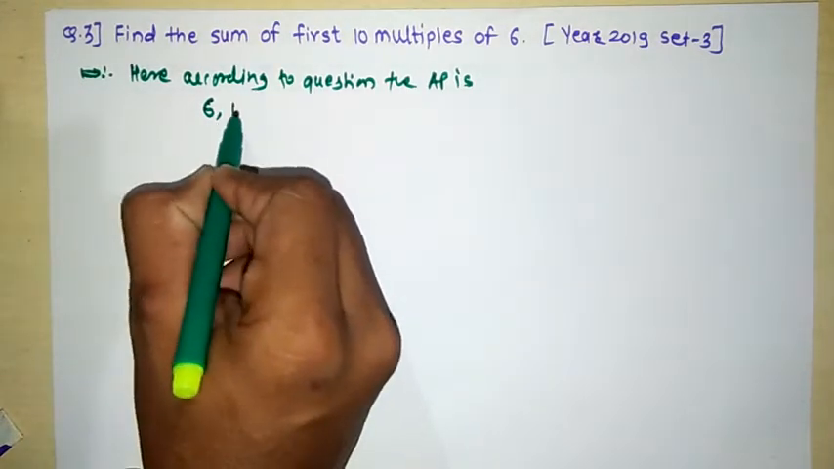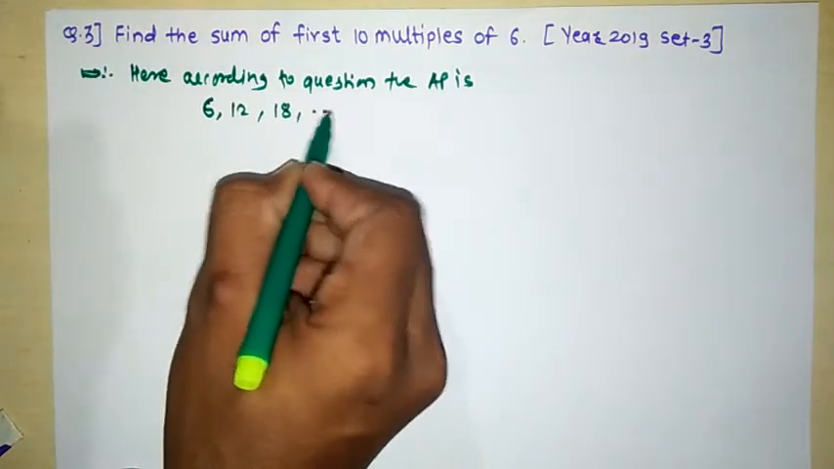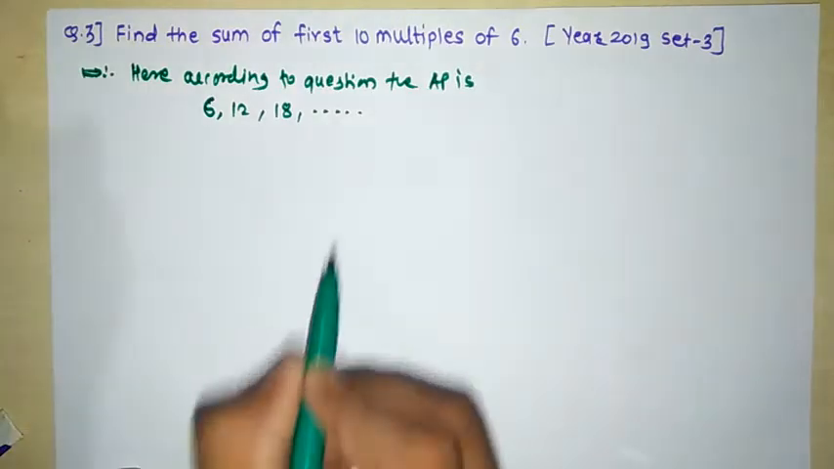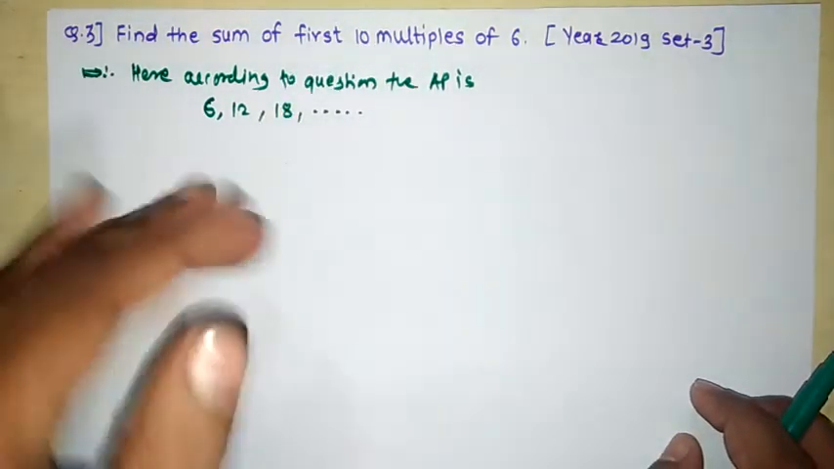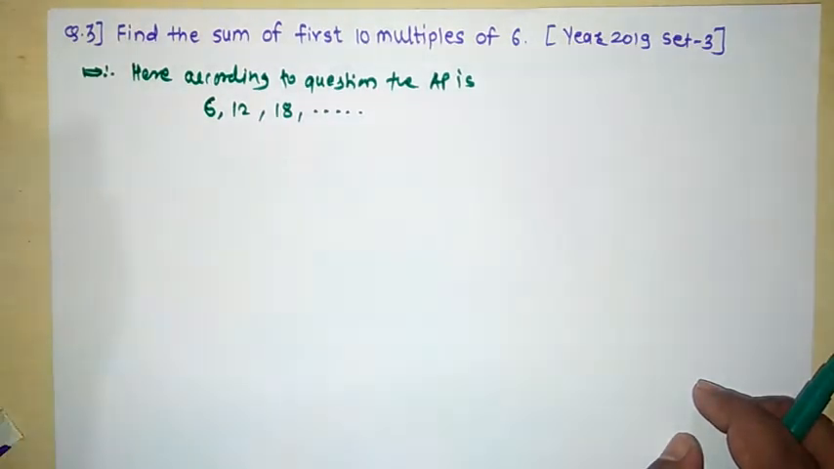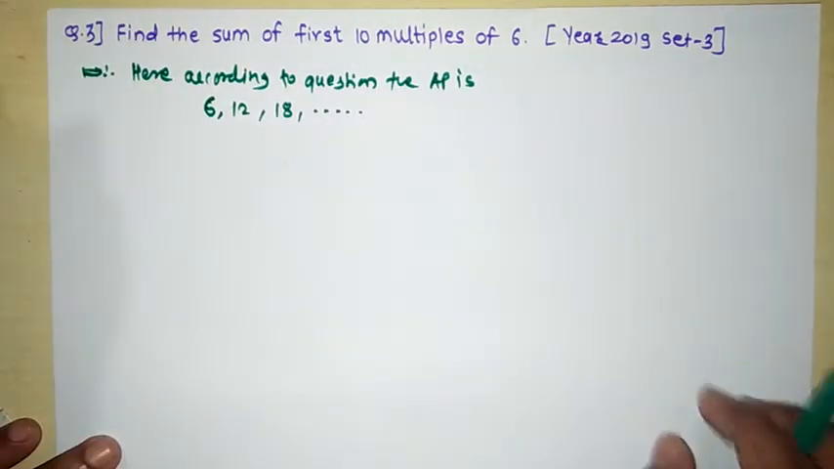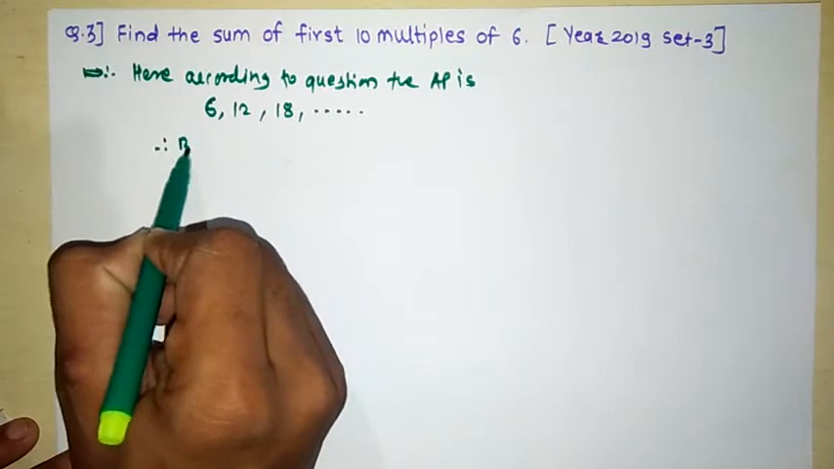And second term will be 12 and third term will be 18. Like this, the series will continue up to the first 10 multiples. We have to find the sum of the first 10 multiples. 10 numbers का आपको summation find out करना है. Therefore we will write by using formula